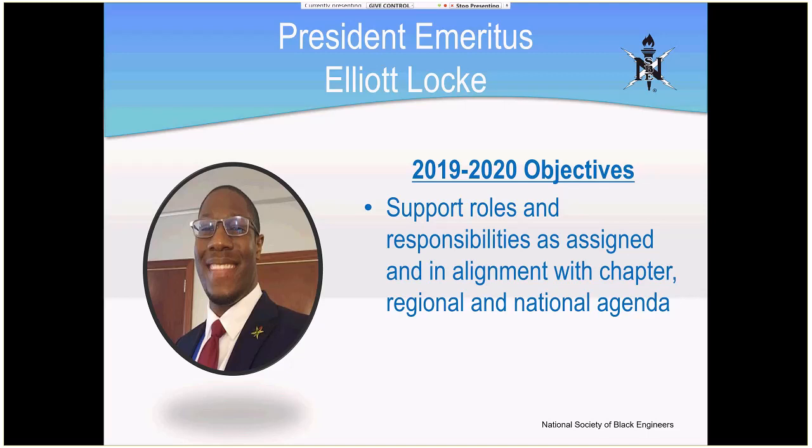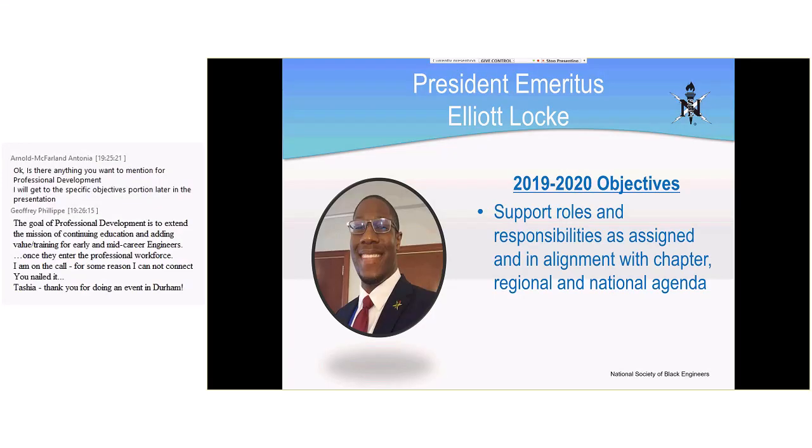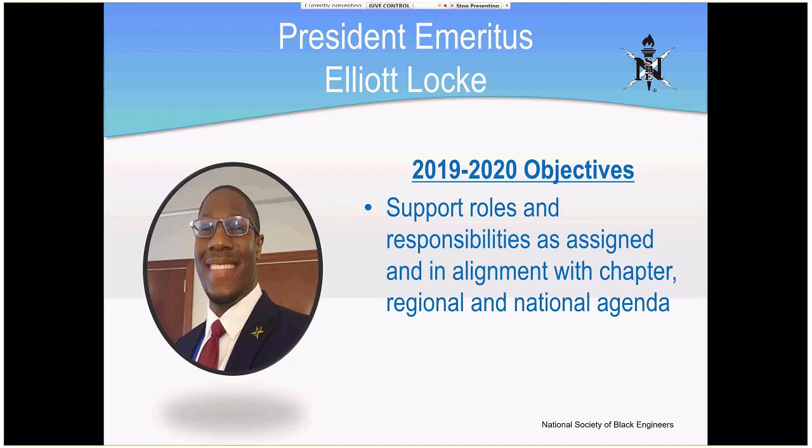And then last but not least is our President Emeritus, Elliot Locke. Elliot is also a Region 2 officer now, but I lean on Elliot a lot to find out what has happened in the past and get some insight. He's kind of eyes ahead of us, observing things, and gives me and Doug some insight. Every now and then we'll exchange a few text messages or emails, keeping us on the right path. He looks out ahead and maybe offers up some ideas to help us get through some challenges or when things may not be as smooth.